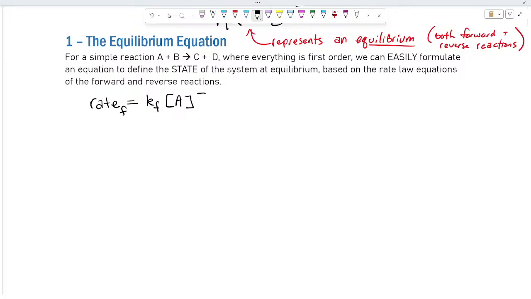1. Times concentration of B. And as we saw yesterday, we can actually assume that every reaction is a one-step reaction when we're doing these. So the rate of the reverse reaction would be equal to some other constant k. We'll call it kr for reverse. And it would depend on what two concentrations? It would depend on the concentration of C and D. And then we'd say, at equilibrium,